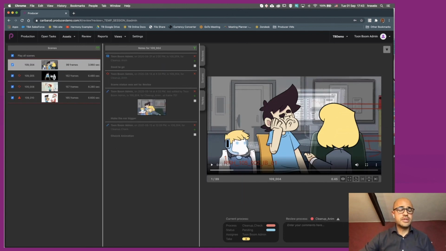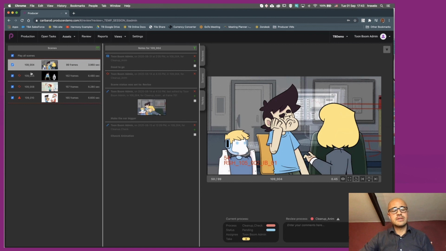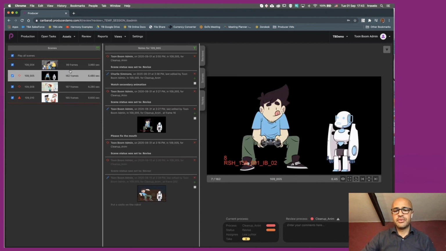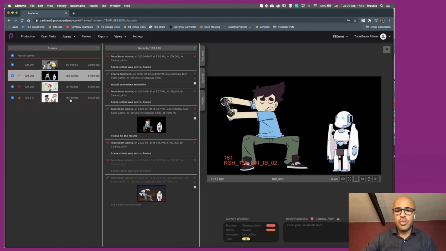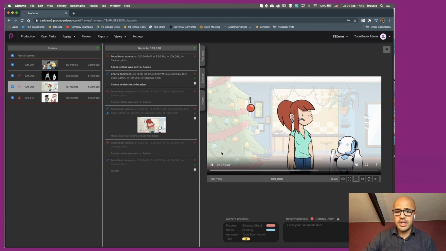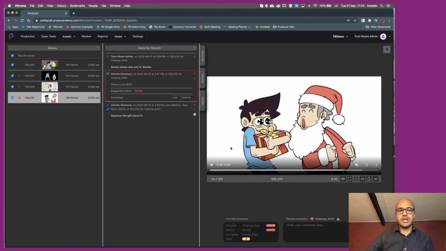One of the first things you notice is that if you press play over here, all of these scenes will play one after the next because they are now stitched together and play in one single stream. This is really great to be able to see the transition between two scenes and make sure it works.